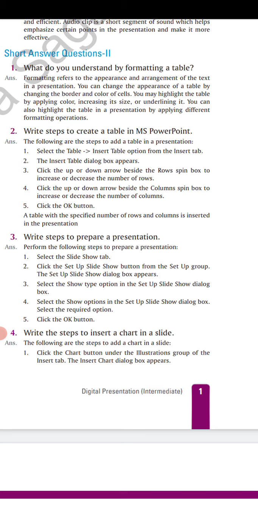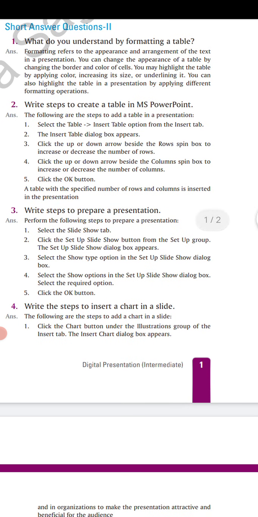Next, click the up or down arrow beside the rows spin box to increase or decrease the number of rows, and in the fourth step click the up or down arrow beside the columns spin box to increase or decrease the number of columns, and the fifth step is to click the OK button. Now a table with the specified number of rows and columns is inserted in the presentation.